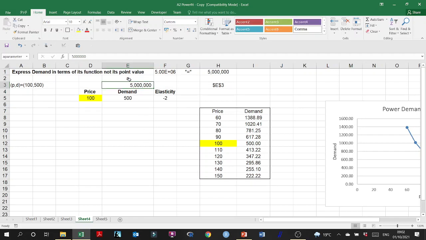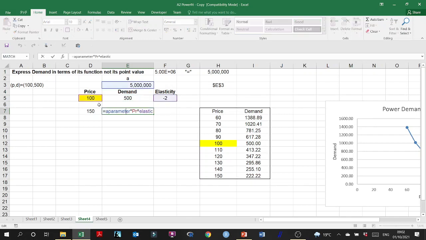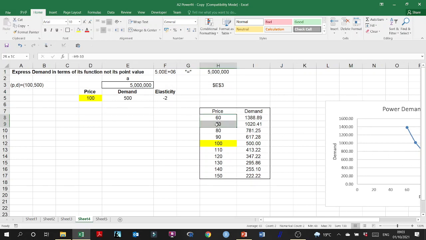So now we have A. So we can plot and find any demand on any price point. So for example, I want the demand on price point 150. So that would be equal to, instead of price over here, I'm going to have this new price. So I was able to find the demand. If I increase the price by $50, the demand will drop, as you can see, from 500 to 222. So what I need to do here, instead of guessing certain values, I'm gonna plot the curve by specifying